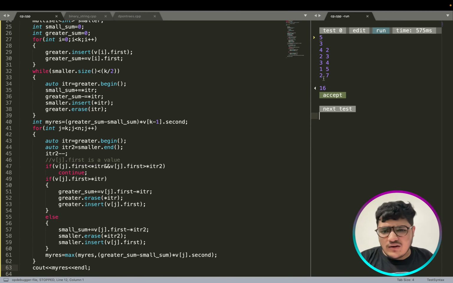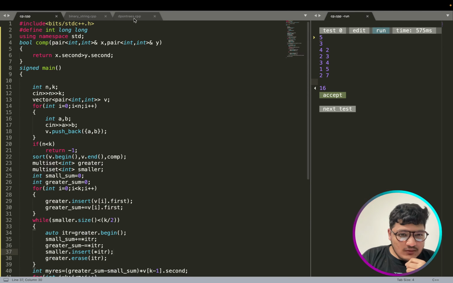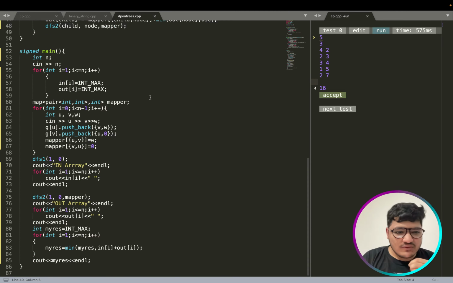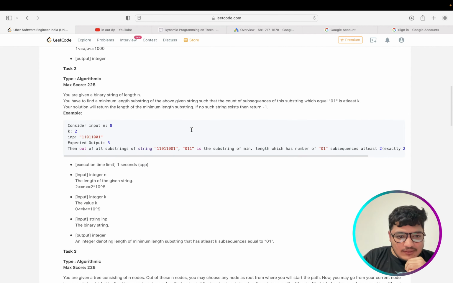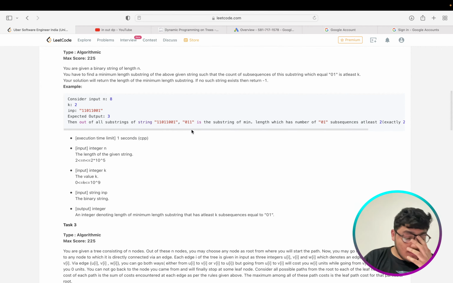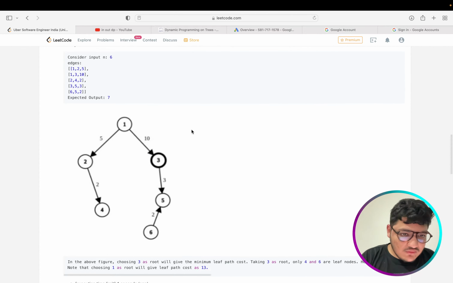It was kind of medium difficulty. So this was it in this problem. Now let's move to the hardest one. Basically, this is a dp on trees kind of problem. If you have previous experience with these kinds of problems, then you must have solved it, otherwise it's difficult to solve on the go.